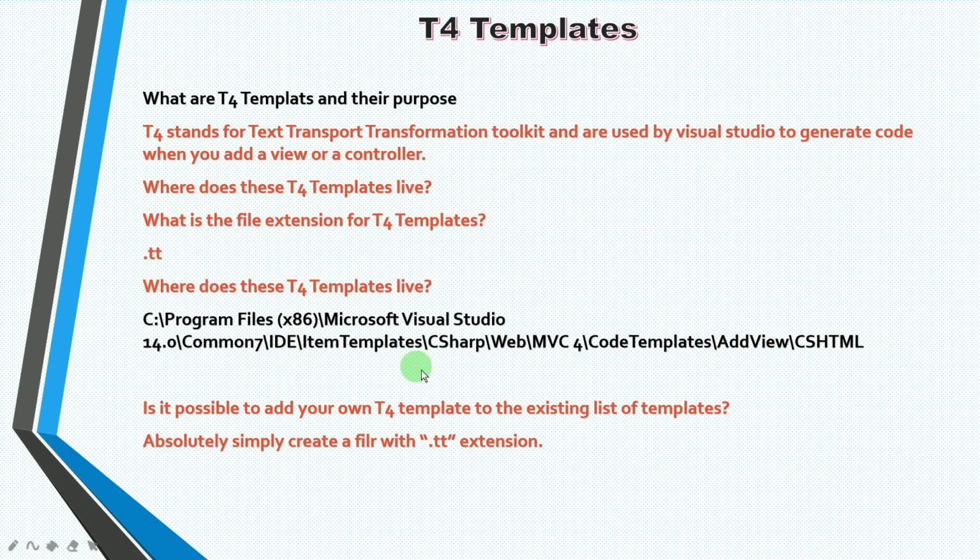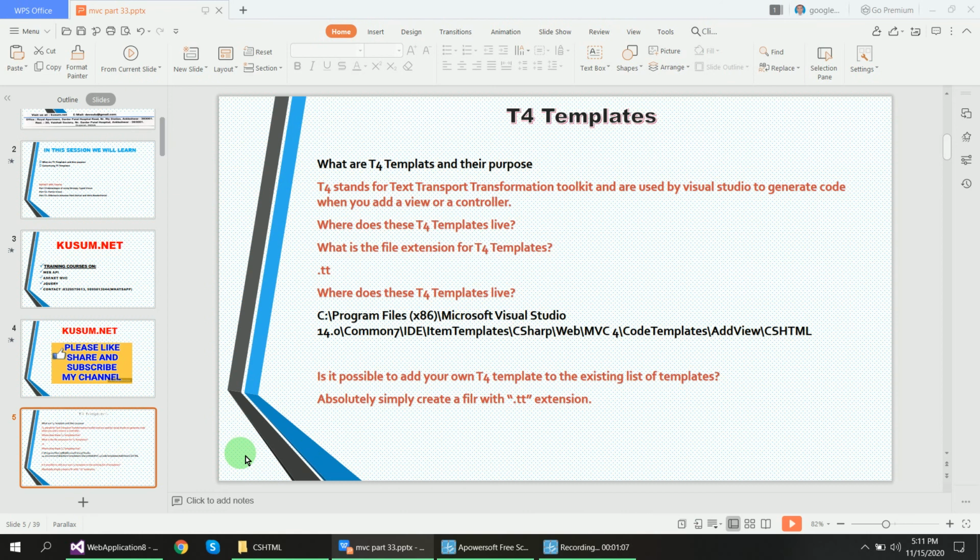So let's flip to Visual Studio and go to this path.